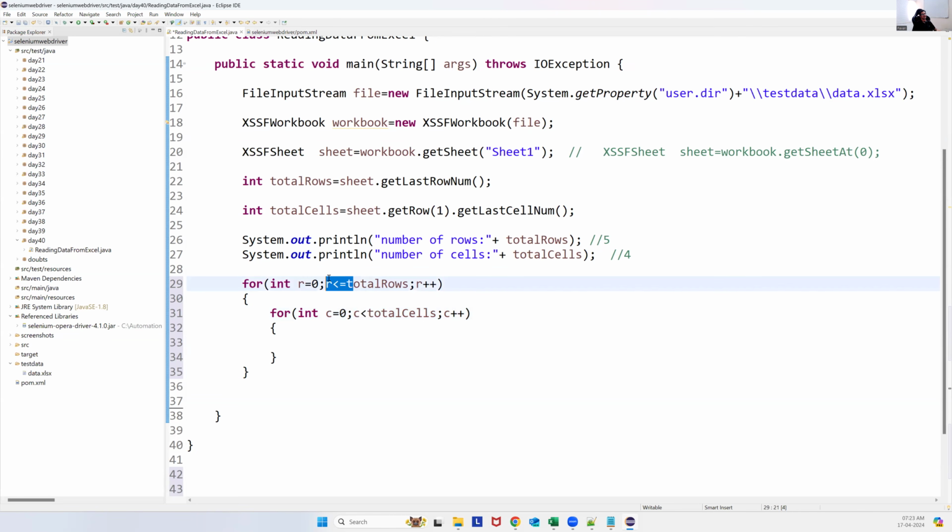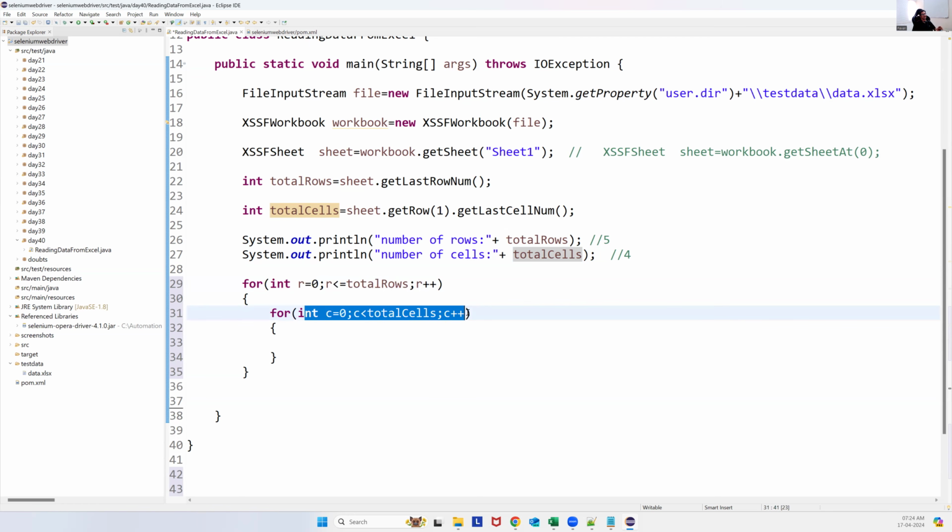Okay, but for rows we should be less than or equal to. Why here is it less than or equal to? Because the total number of rows is returned by counting from 0 itself. When you count from 0 itself, number of rows are 5. That's the reason when you say 0, still it should be less than or equal to total number of rows. But here it is not like that. Actually, the total cells are 1, 2, 3, 4. It is counted from 1. But as per Java, it will start from 0. So because we are starting from 0, we say less than. That is the logic. Now the outer for loop is representing the rows, the inner for loop is representing